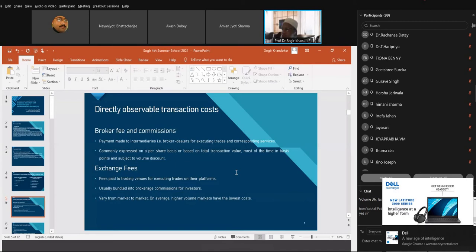Next is the rebate. This is a relatively new transaction cost component. Trading venues charge a user's fee using a maker-taker model, a taker-maker model, or a state commission fee structure. In a state commission model, both parties are charged a fee for use of the system. In the maker-taker model, the investor who posts liquidity